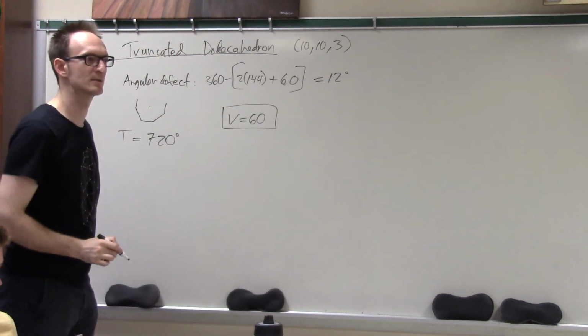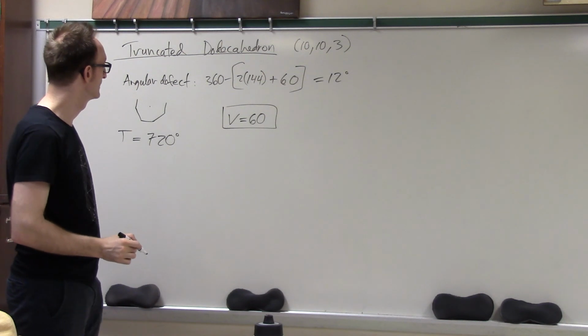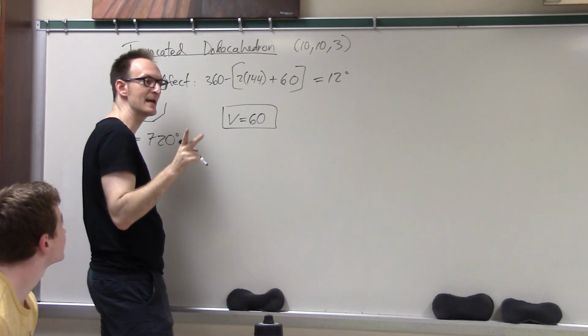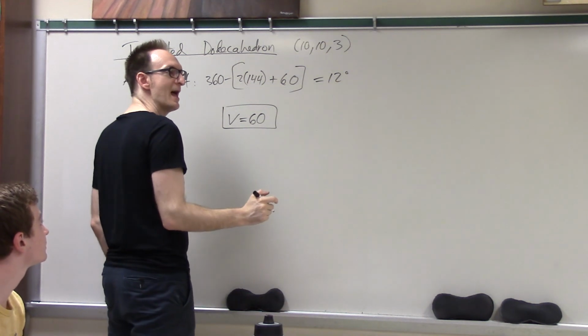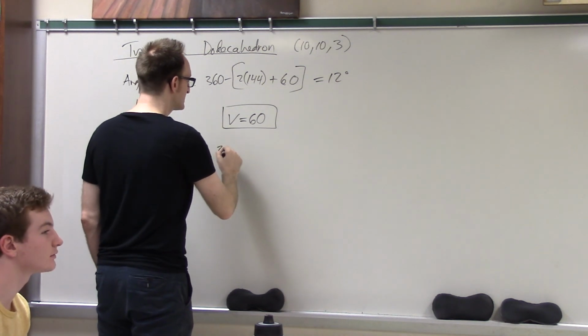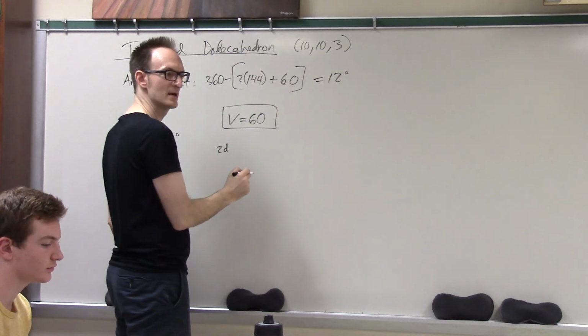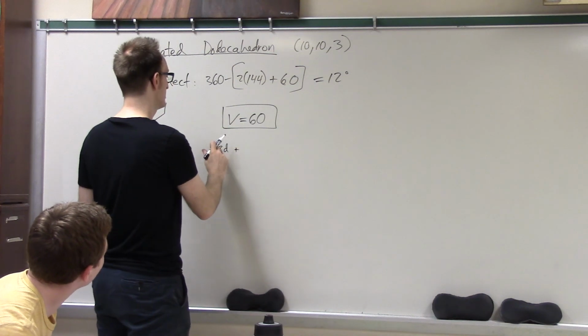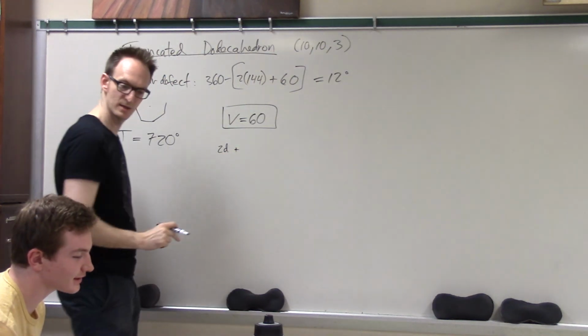How do you get the others? Here you have to be slightly careful because it's two of the same thing. So I have to say, if I add up twice the number of decagons plus the number of triangles, you have to be careful. I think you have to be a little bit